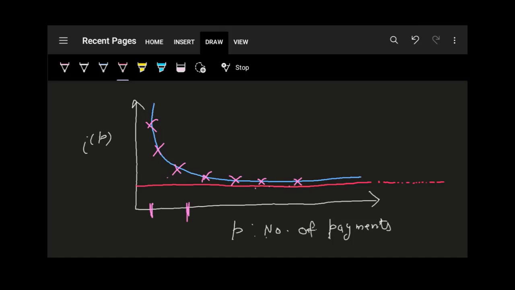So suppose the interest rate here at the red line is this delta. Suppose the interest rate here is delta and delta has some value on the number line. So we see this graph, this blue line is the graph of our IP. It is converging on this red line. The more and more we increase the value of P, this blue line will come more and more closer to the red line. So we can say